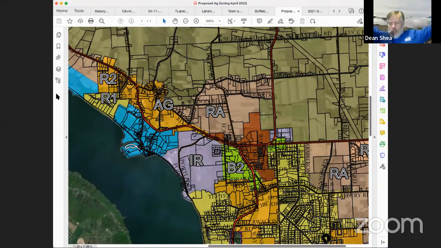CJ, make a note that on the northeast corner of Collins and Asbury, which is my lot, that's 10 acres, and it has a little yellow in the corner. That yellow needs to be removed. I wonder where this process came from. Yeah, I think I get where they're going with it to try to square off that corner, but I see what you're saying here. Kind of an odd extension, especially because it doesn't even face on the other side.